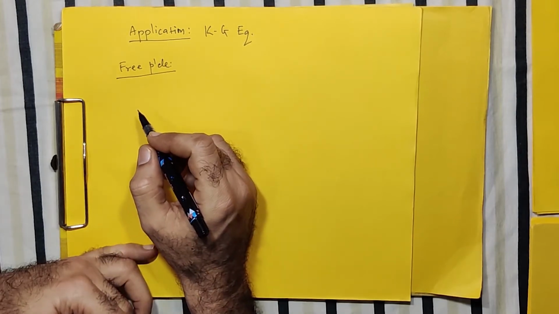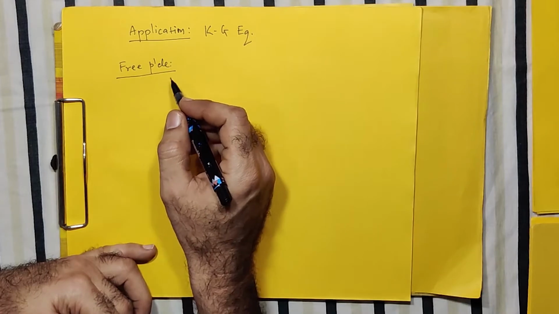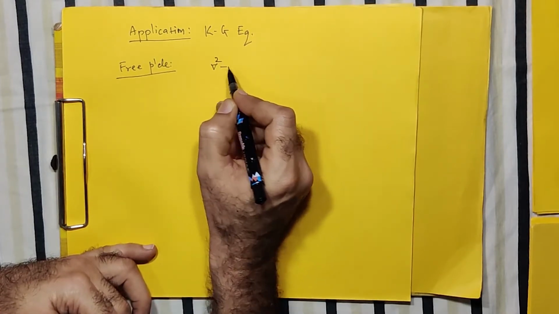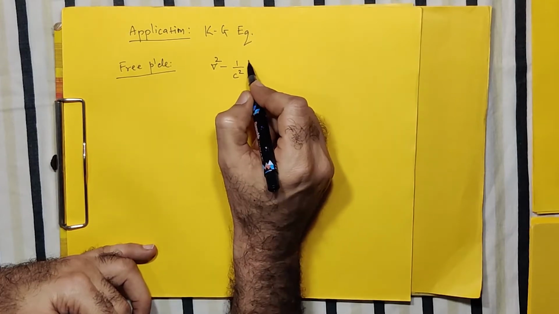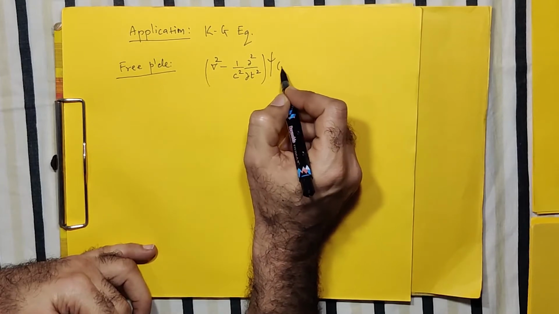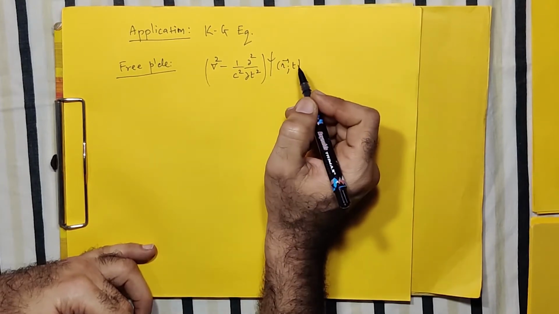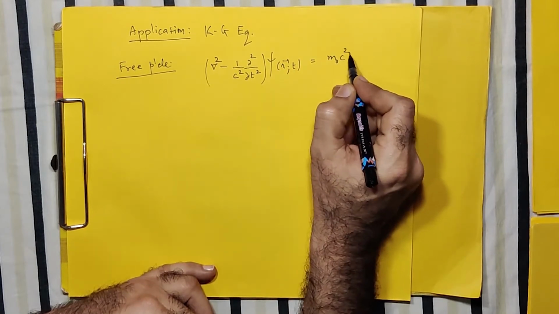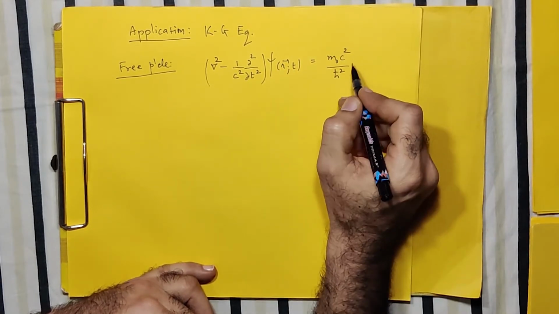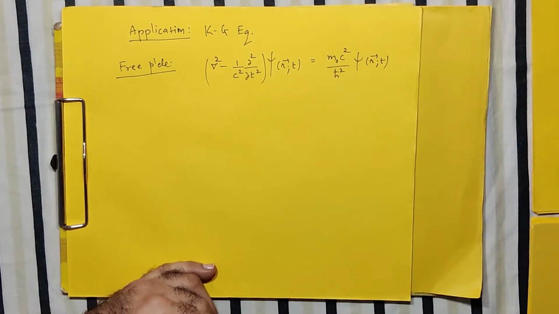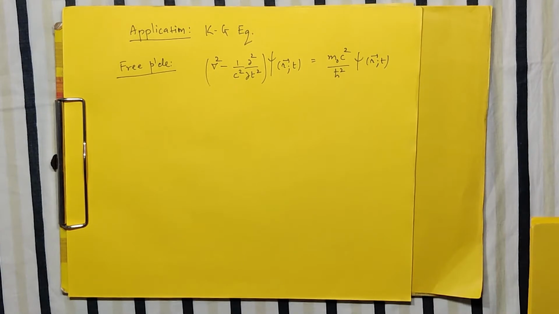the equation which we have derived was like this: nabla square minus 1 by c square del square by del t square of psi(r,t) is equal to m0 c square by h cut square psi(r,t). Correct? So this was the equation that we have derived for a free particle, and